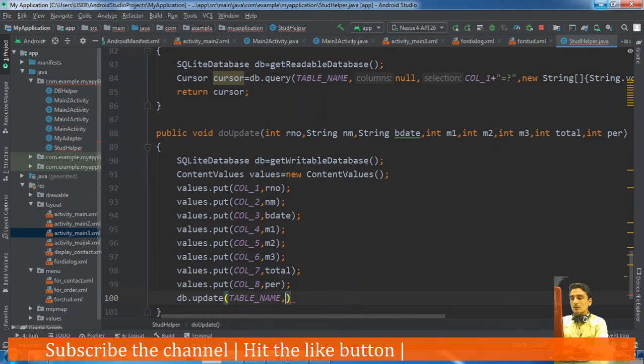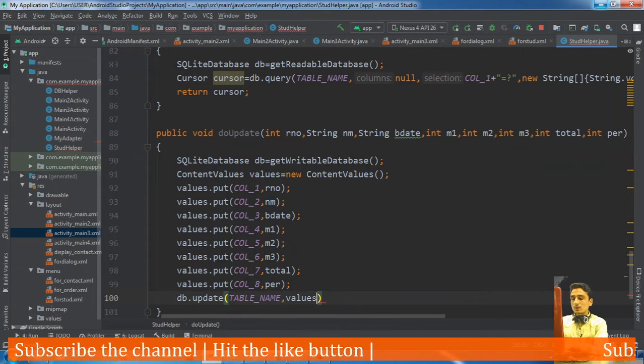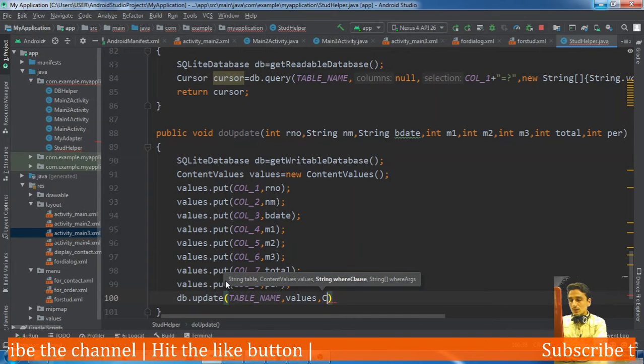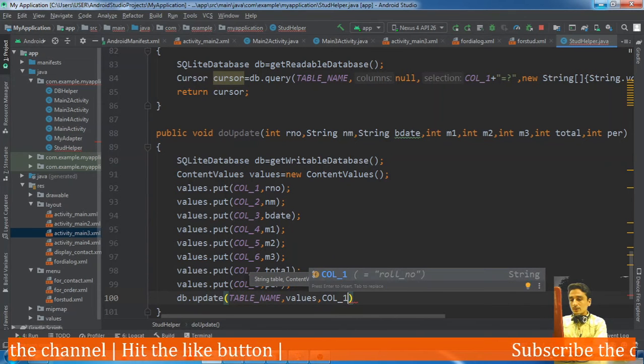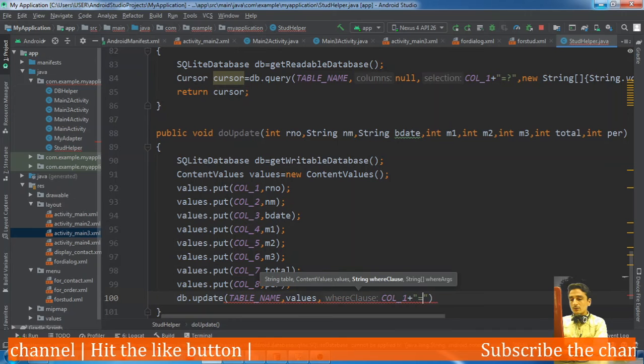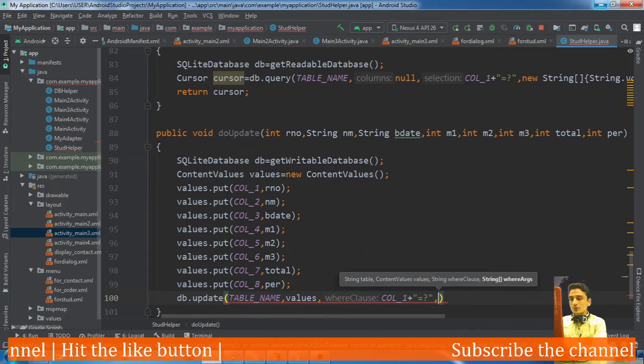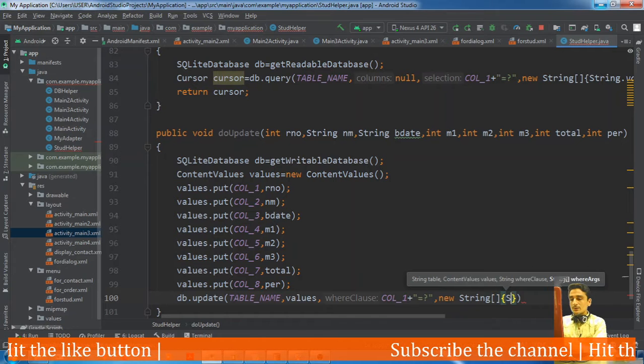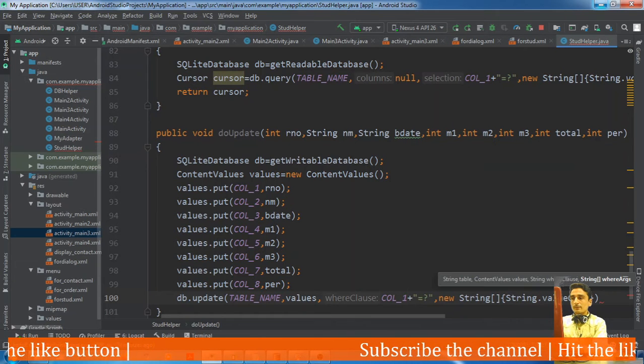Okay, so second argument is content value object, third argument is the criteria, column 1 concat equal to question mark, where this question mark is equal to new string array string dot value of roll number.